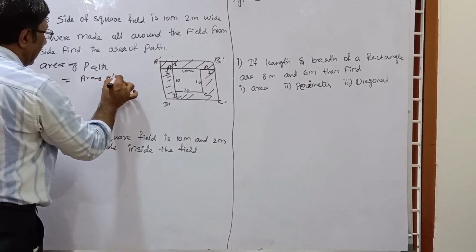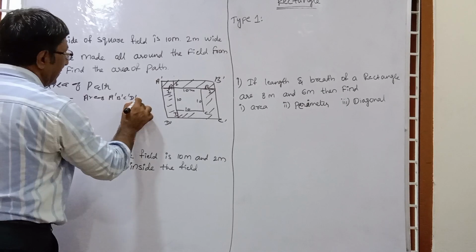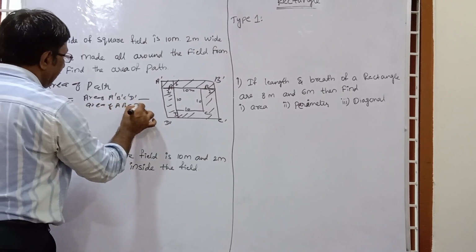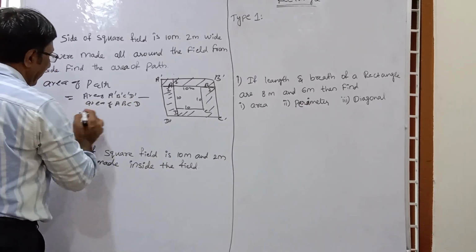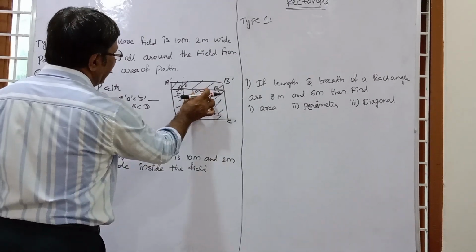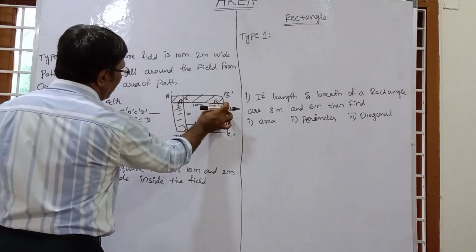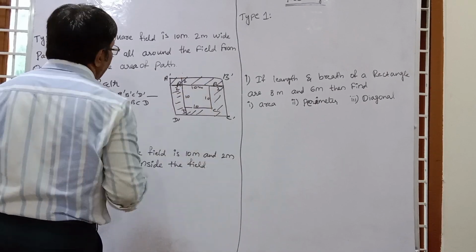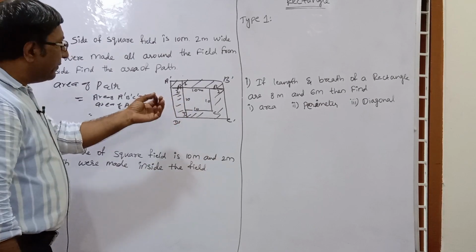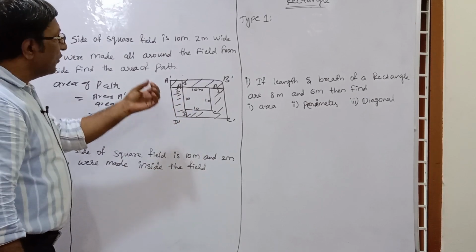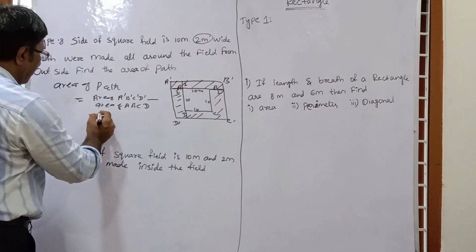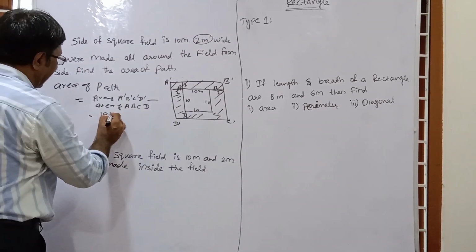So first you see that the area of A dash, B dash, C dash, D dash minus the area of ABCD. So the area of ABCD, what? This is a square, that is the side squared. So this is 10 meters and this is 2 meters, this is 2. So 2 plus 2 is 4. So 10 plus 4. So this is the technique. When the side is given as 10, then you add 2 times the width. The width is given as 2 meters. So this is 10 plus 2 twos, which is 4. So this is 10 plus 4.